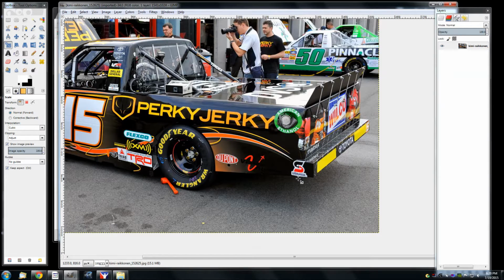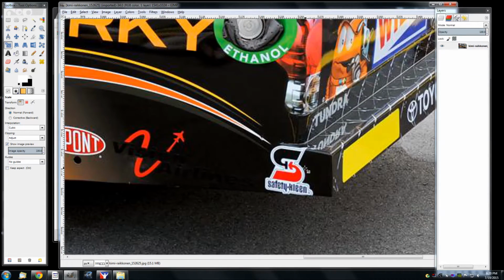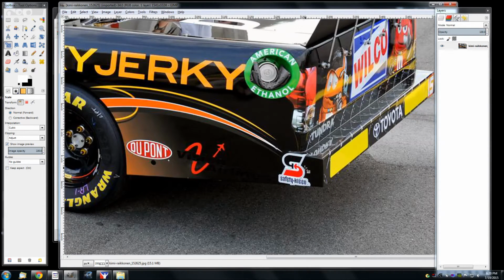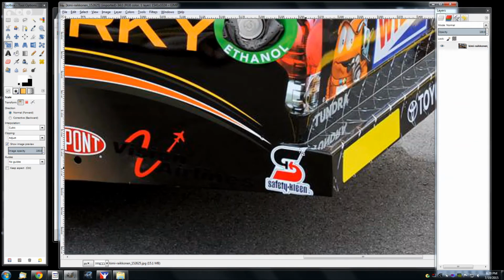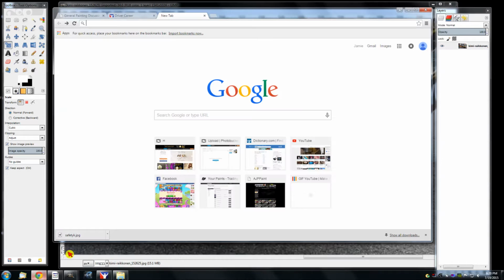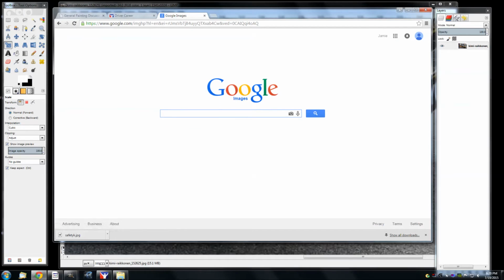So we want this Safety Queen logo, and I've already looked, and I couldn't find one that's got that black line like you see there, just by itself. So we're going to have to do a little work on that logo to get one the way we want, just like that. So what you do is you go to Google Images,